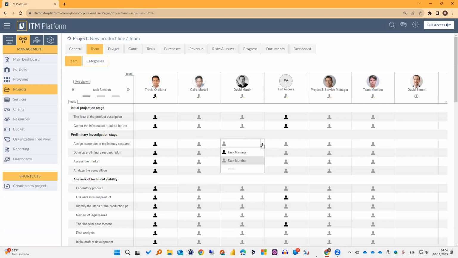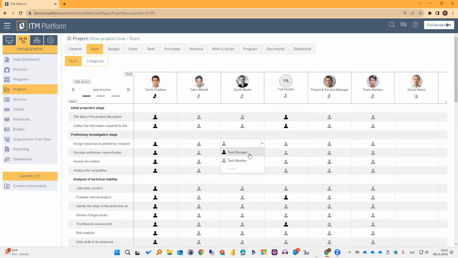It can be either the task member or the task manager. As a quick reminder, a task member can only report on time. So a task member can only tell me how many hours he or she have been using for that task, right? A task manager, in addition to what a task member can do, the task manager can provide me with